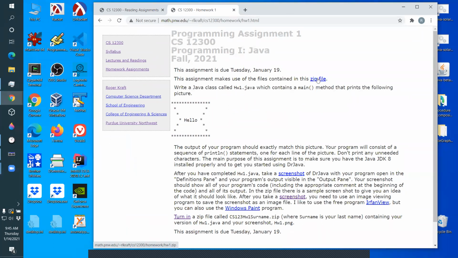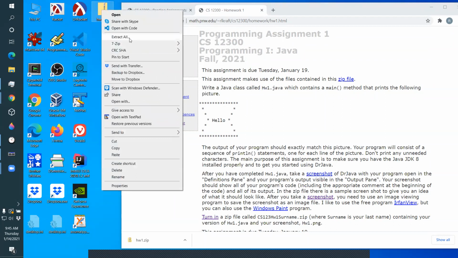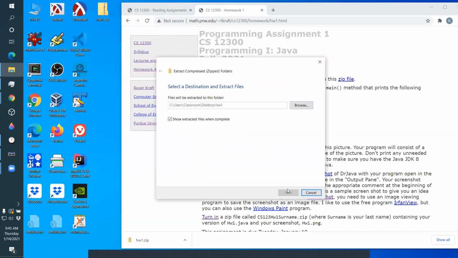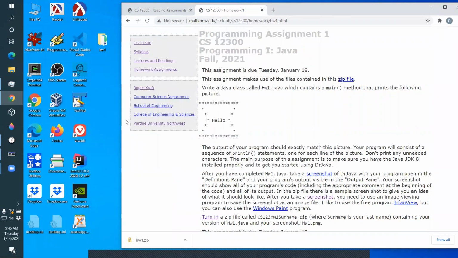It has a zip file also. Every one of the homework assignments will come with a zip file that'll have stuff in it you need to do the homework assignment. So unzip the zip file. After you unzip the zip file, it's probably a good idea to just delete the zip file so you don't make a mistake of working inside the zip file,